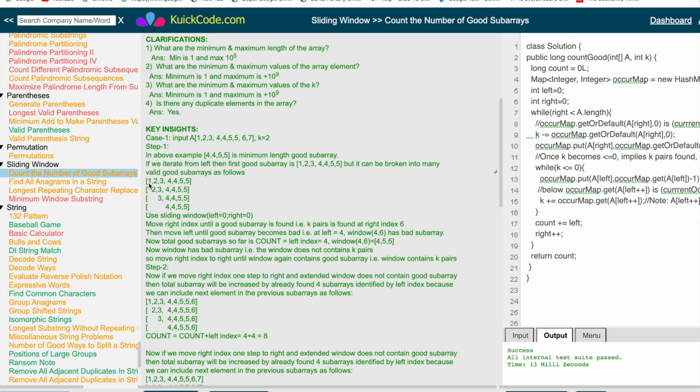So if we move the left pointer here, this window still has a good subarray. If we move it here, the window still has a valid, good subarray. If we move the left pointer here, the window still has a good subarray, right? But if we move the left pointer here, and the right pointer is still here,